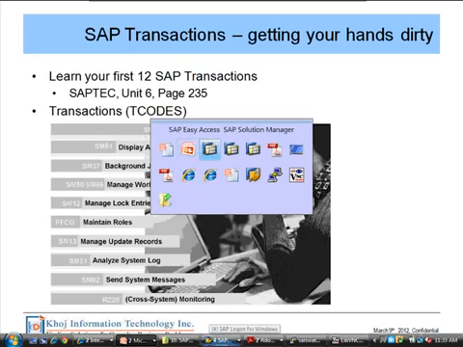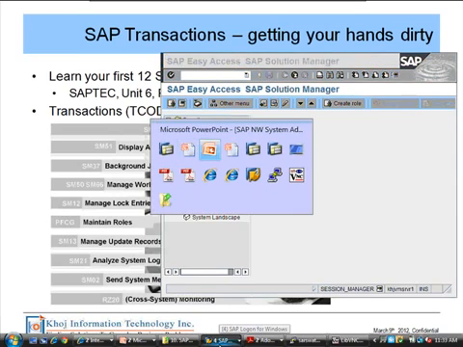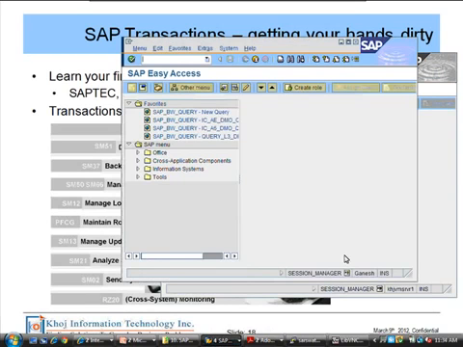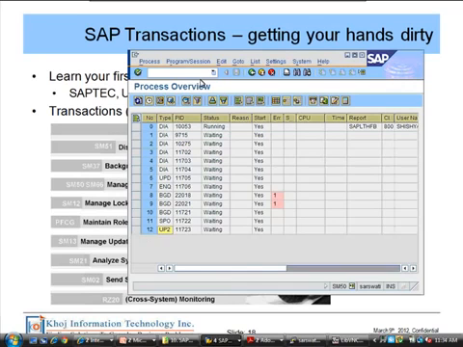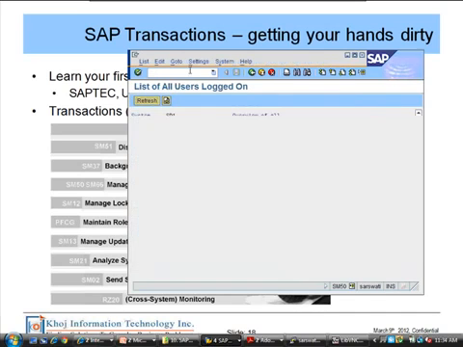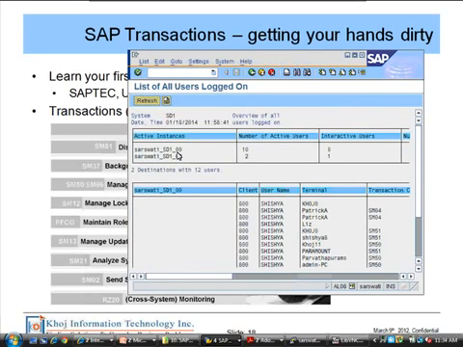And AL08 also gives you the user list, but it is across all the instances, across both 00 and 02. List of all users logged on across both the instances is what AL08 does for the whole system.